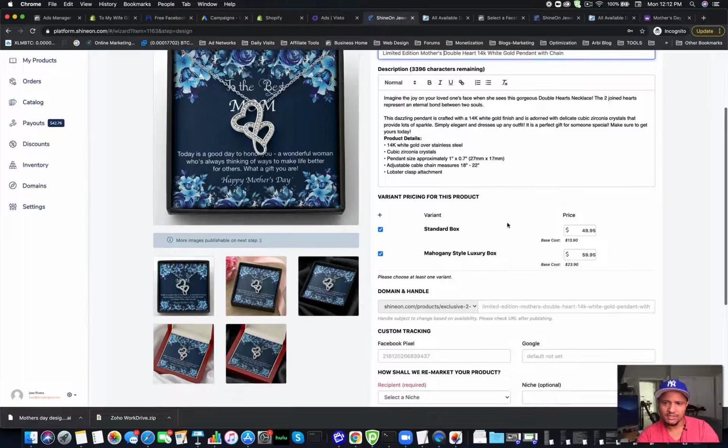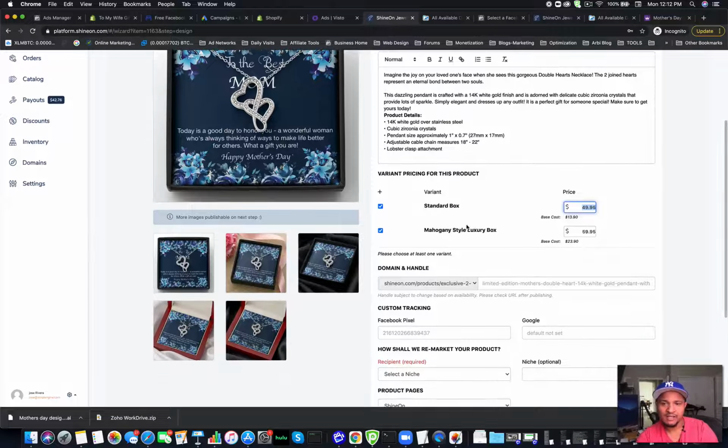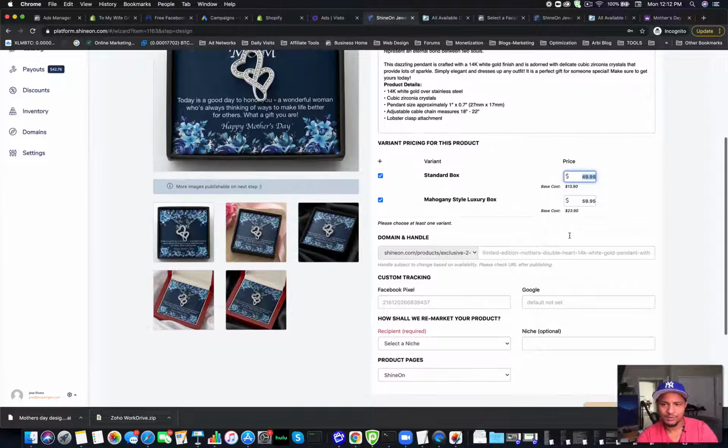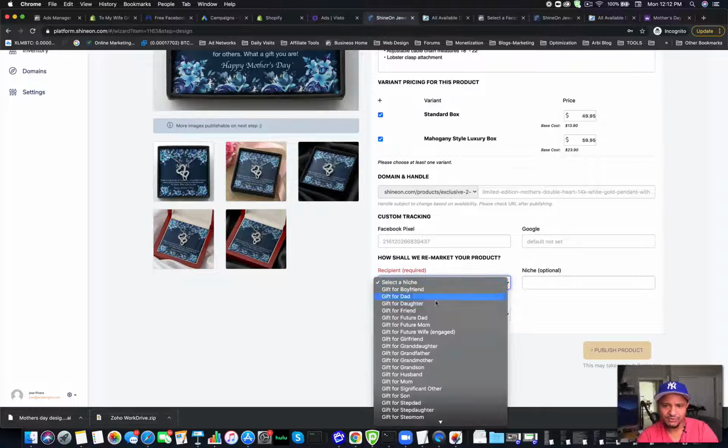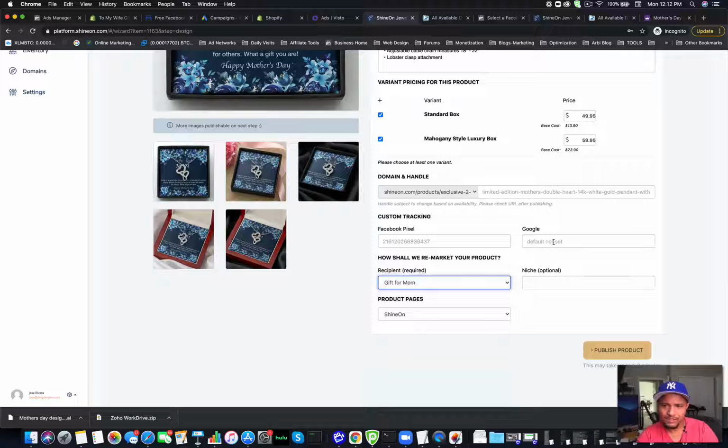So that's good. And here's our resale value, right? So we're buying it at $13.90. We are reselling it at $49.95. And then if they have the option of buying the box, we can do that. It'll be $59.95. Okay. So here you would put your Facebook pixel, okay, and then gifts for mom, okay, and